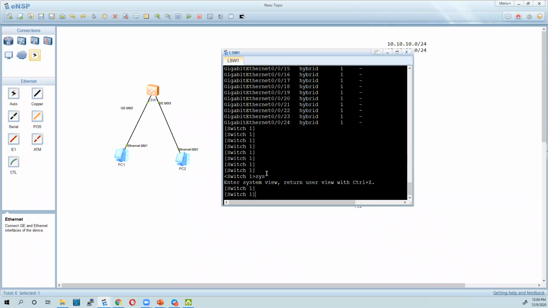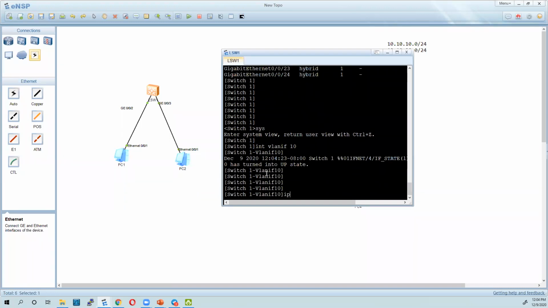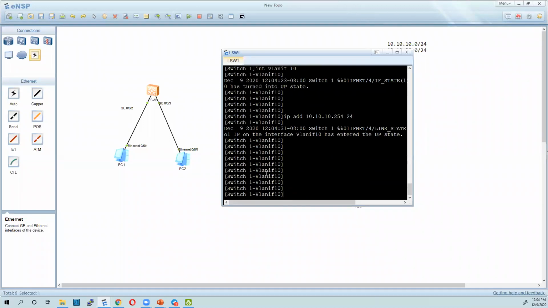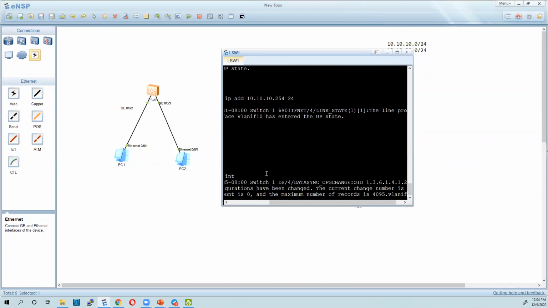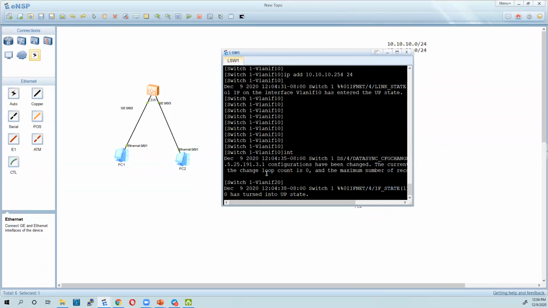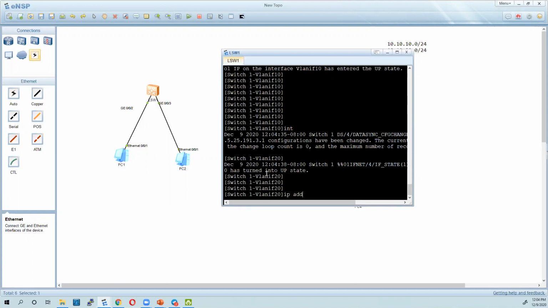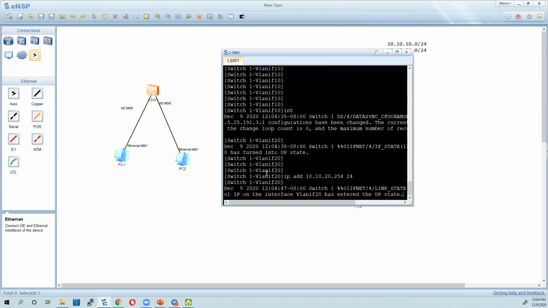So go to system and configure VLAN if 10. We give it the IP address 10.10.10.254, /24. That's it. And then you do interface VLAN if 20, and give it IP address 10.10.20.254/24.